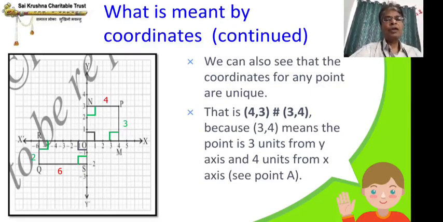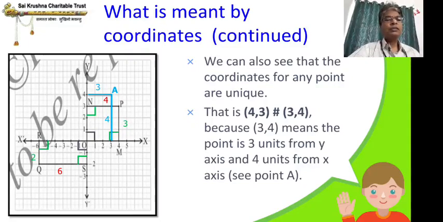Let me show a point A here. So what am I drawing? First is X, correct? That is the perpendicular line from the Y axis, that is the X coordinate 3, and the perpendicular line from the X axis, that is the Y coordinate, that is 4. Now you see (3, 4) is point A. Point A is not the same as point P. You can make out easily because point P is (4, 3), whereas point A is (3, 4).